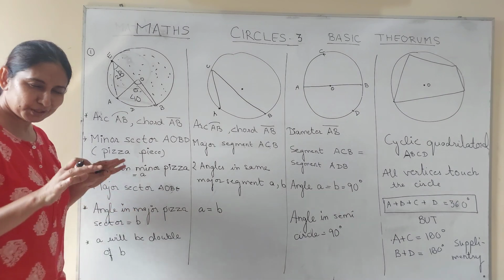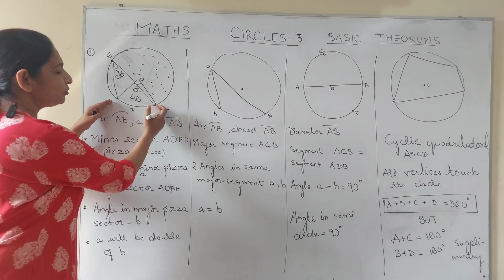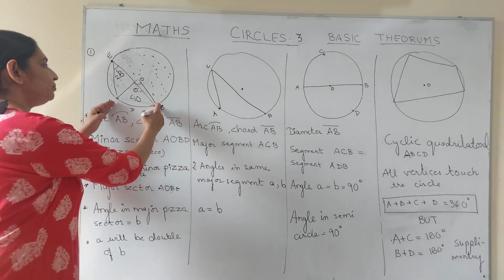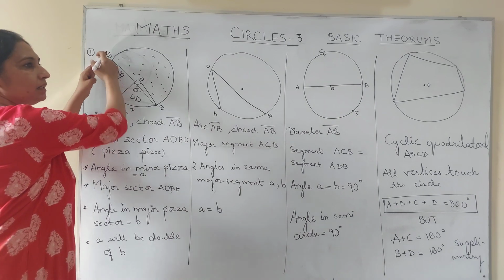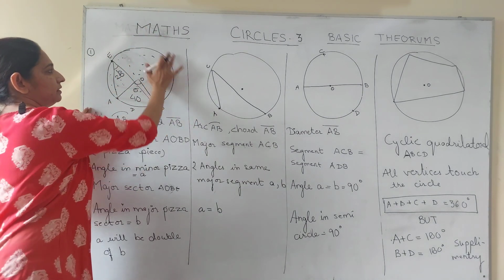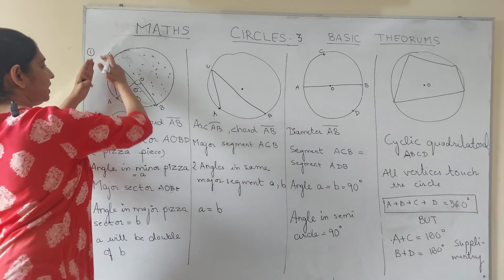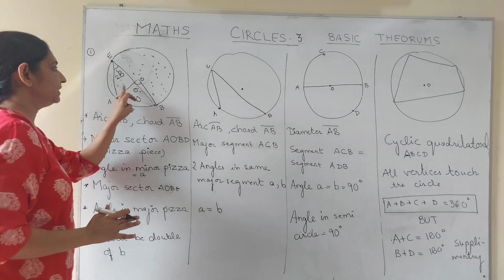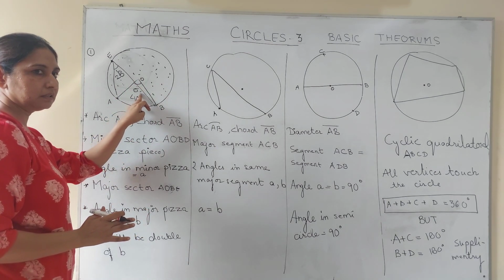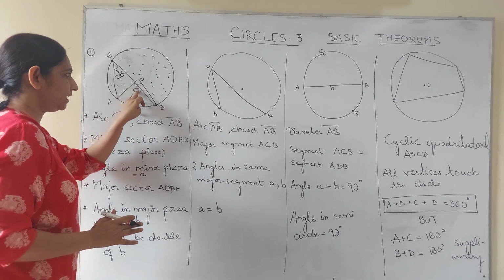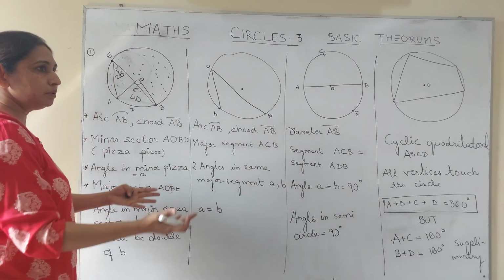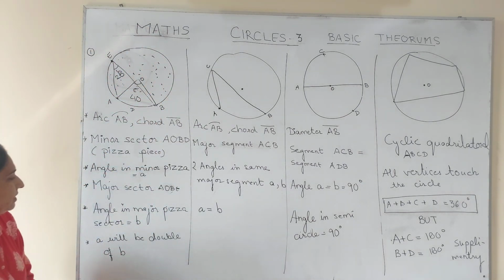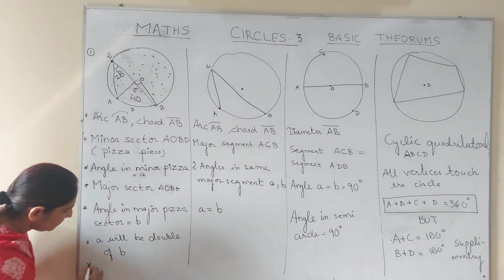Now let's come to good language. If there are 2 points on the circle, you make an angle at the center. The same 2 points are making another angle in the remaining sector. Now this angle at the center A is double of the angle in the remaining sector. That is what the theorem is, that angle